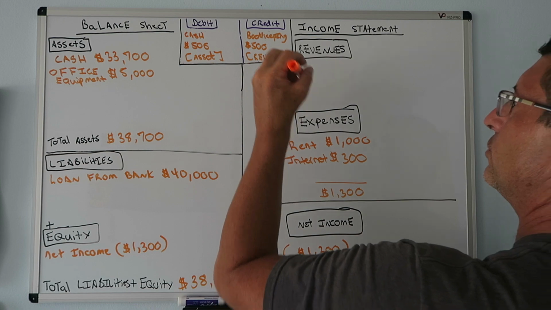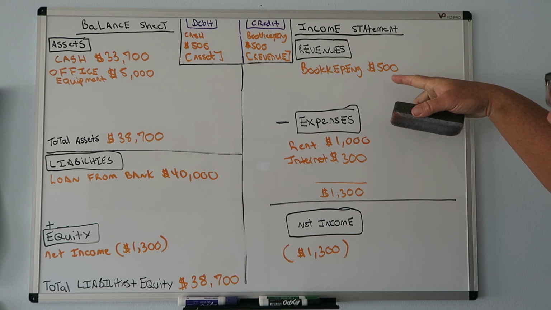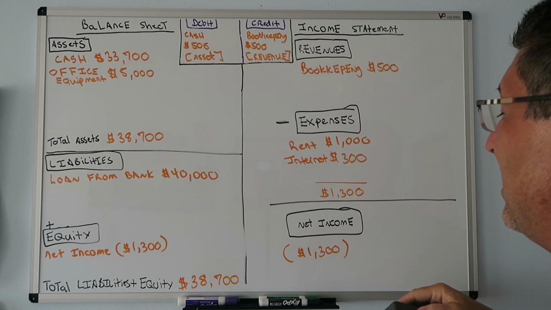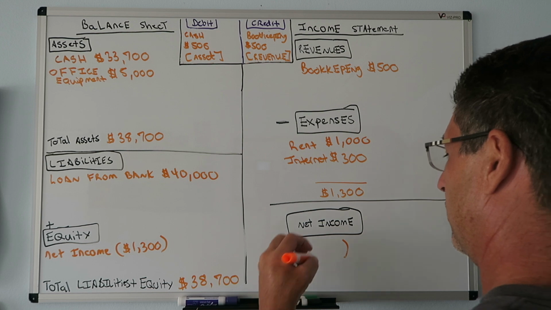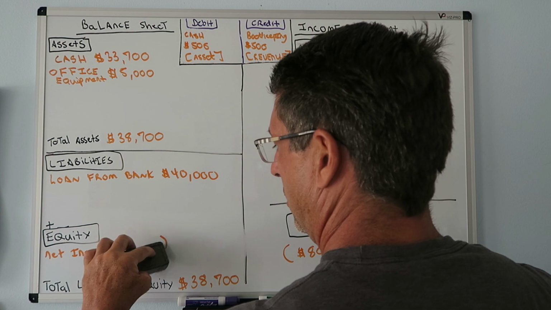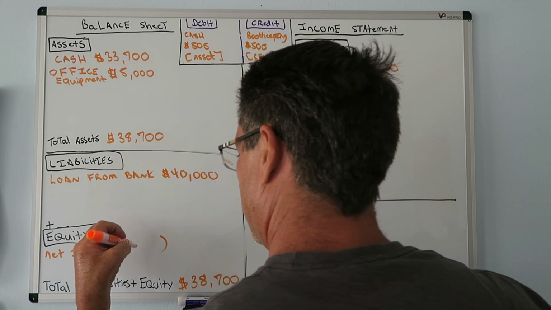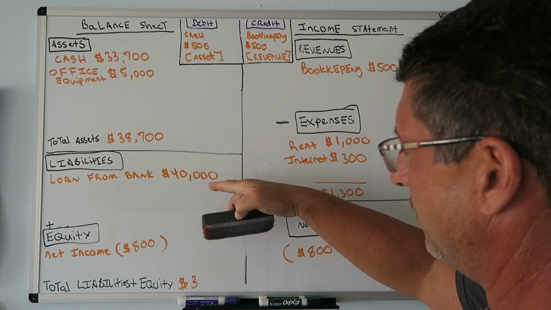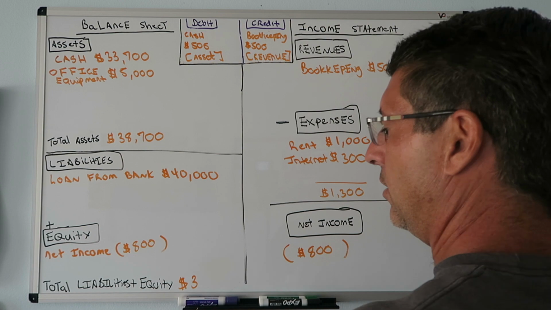So let's put that under revenues, bookkeeping. That's our total income. Total revenue $500, $1,300 expenses. So we're at a negative $800 for our net income. So we're going to change our net income over here. Now the parentheses signify negative in the accounting world. So what's our liabilities and total equity? $40,000, negative $800 for net income,